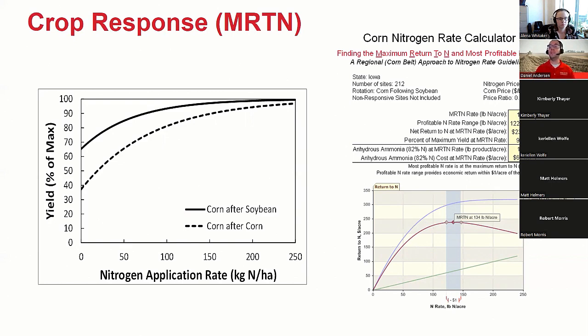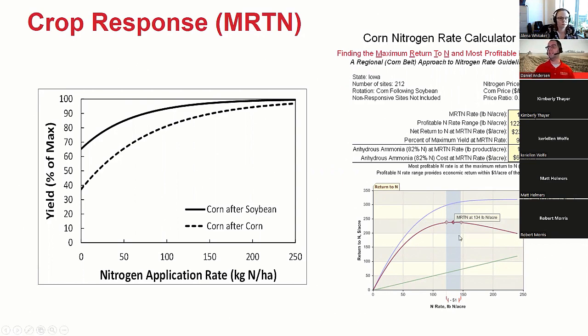But really what you do is you pick a price for what you think corn's going to be selling for, and pick a price for what you think you'd have to pay for nitrogen or how we're valuing nitrogen. And especially if we're using this for manure, we can say, well, maybe it was the cost of putting that nitrogen on, but it is replacing our fertilizer. It is replacing some of that fertilizer bill. So picking a price that's very similar to commercial fertilizer generally makes sense.